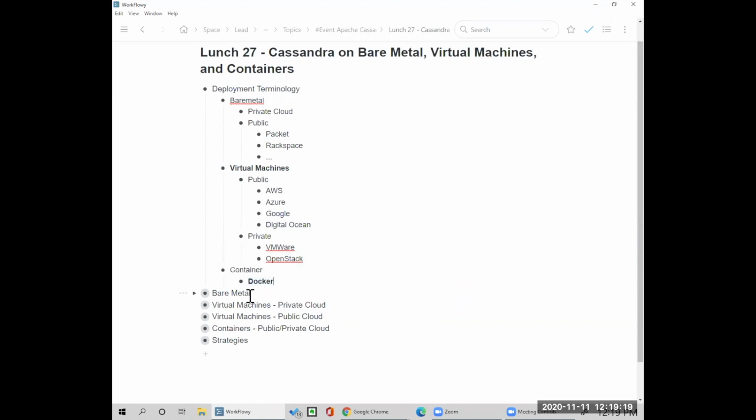And because all of their hardware had Docker on it, they just had to make images for their different versions of Cassandra. And since Docker is a standard, no matter where that Docker was installed, they were able to deploy Cassandra 2, 3, 4 consistently.